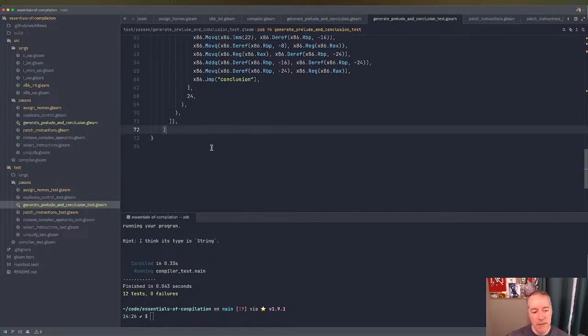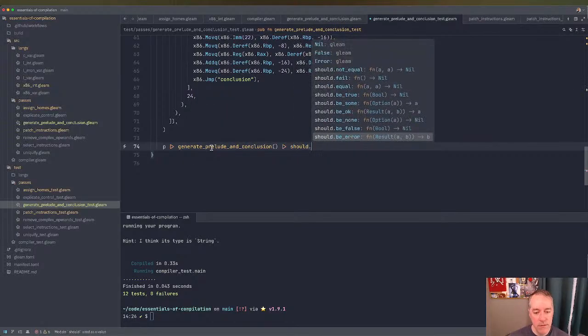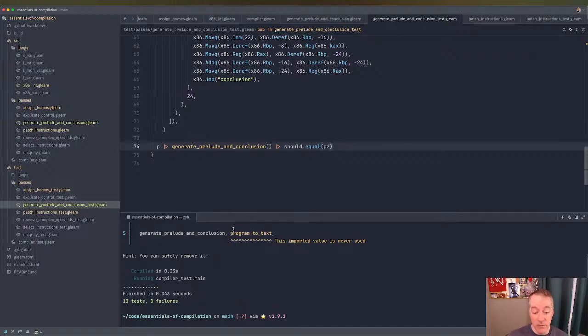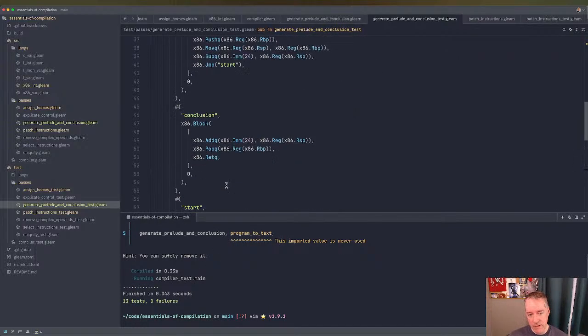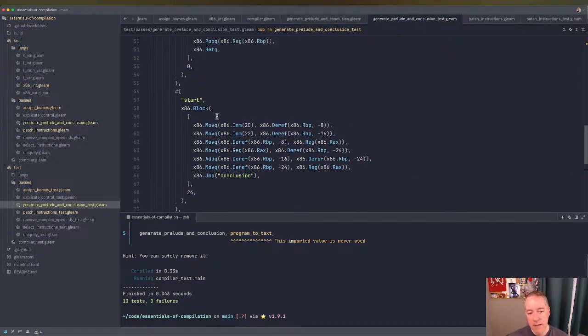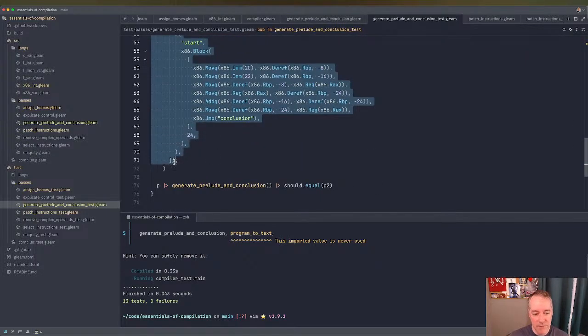And so let's do our pipe test here. Generate prelude and conclusion, and should equal P2. Okay, so that test passes. It's complaining our program to text doesn't work. That's fine. So before we go and write the program to text function, let's go ahead and write the test on this one, because I think that now that we have this,